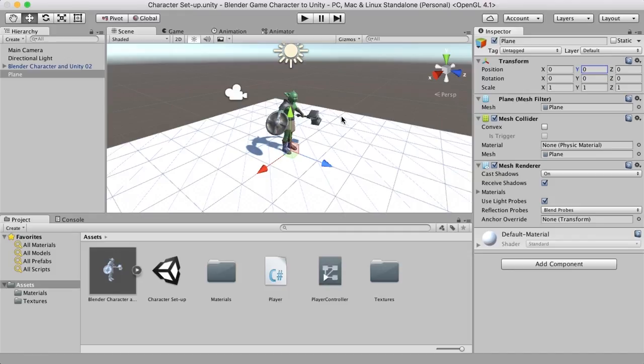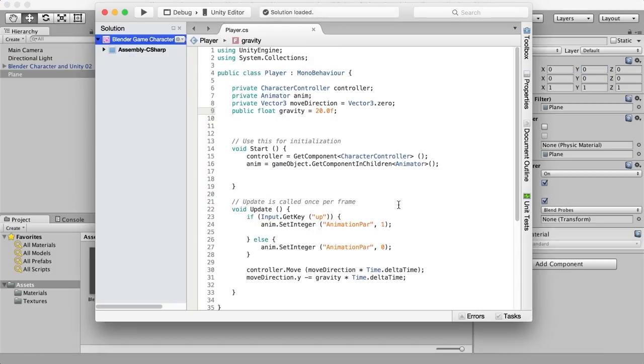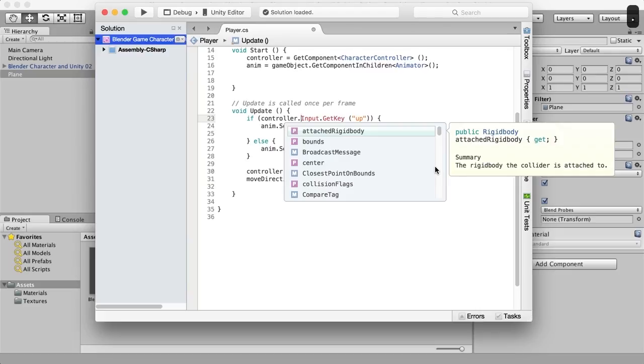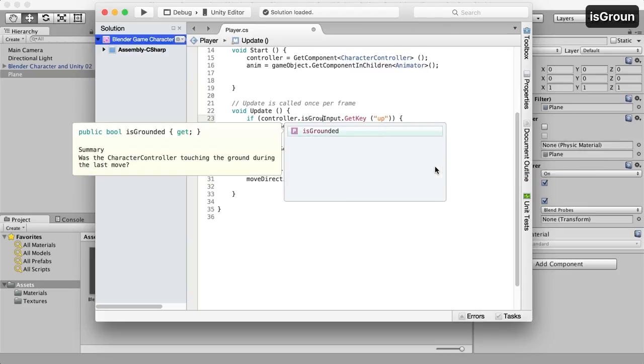So what we need to know, or what Unity needs to know, is when he's grounded. So let's go back over to the script and let's just create that bit of code. I'm going to come in here to the update, and in front of input.getKey, I'm going to type controller, that's our character controller, is grounded,